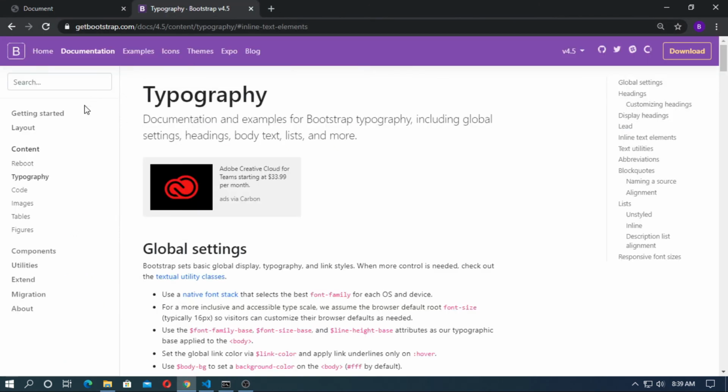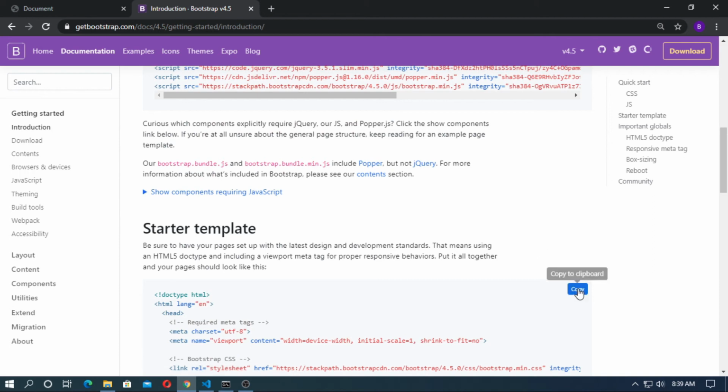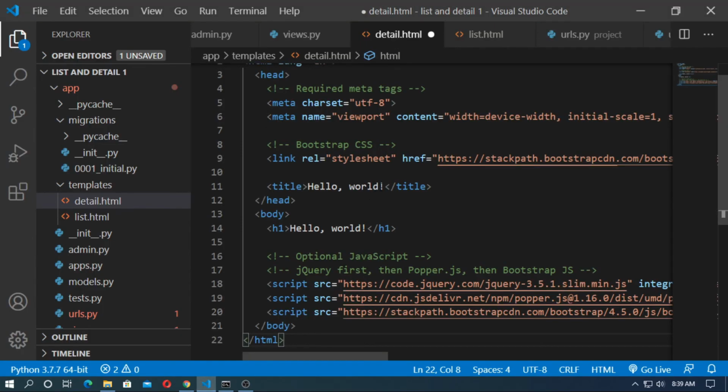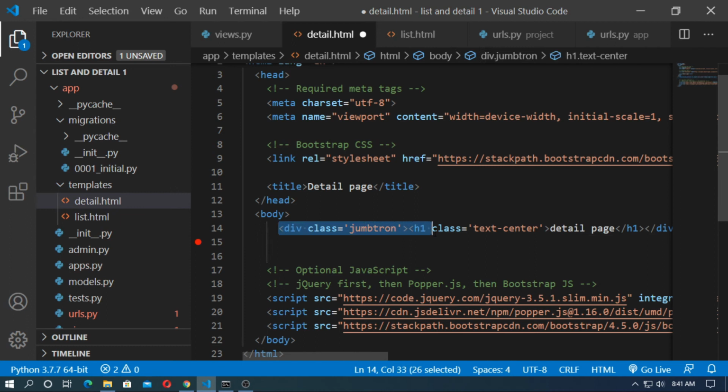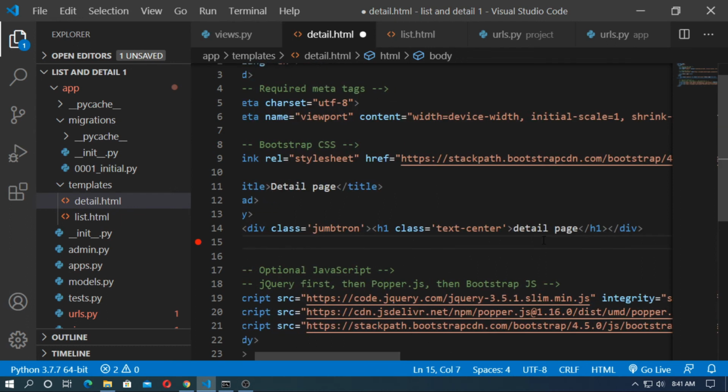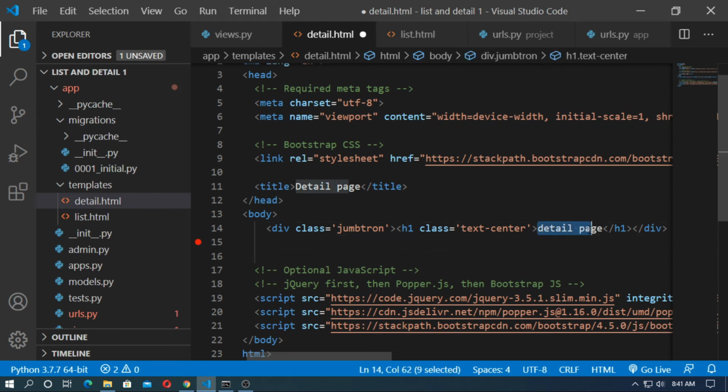Now go to Bootstrap and just copy the starter template and paste here. The title of the page is detail page. So I just create a jumbotron class and an h1 tag, and inside the h1 tag I just type detail page.